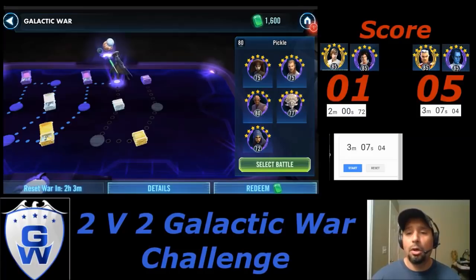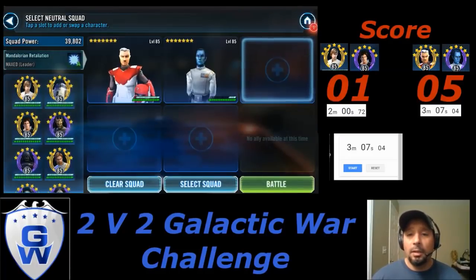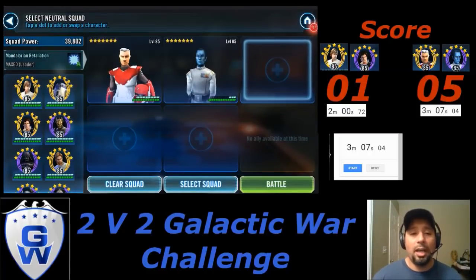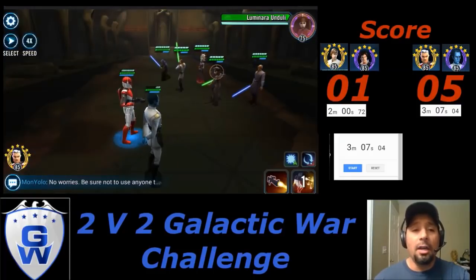Enough jibber jabber. We're going up against Pickle, Thrawn and Saxon. As you can see, Thrawn was not quite at 50% protection, but Saxon was, so they got 5 points. Here we go. Flying into some unknown battleground. Phase 2. The thing with Thrawn and Saxon is they're not as hard-hitting as...